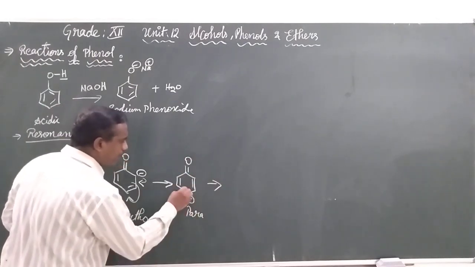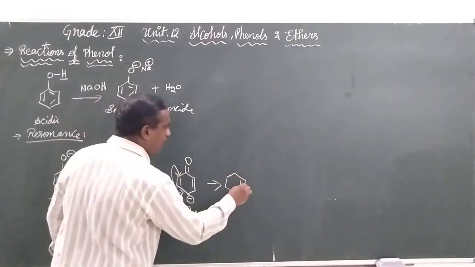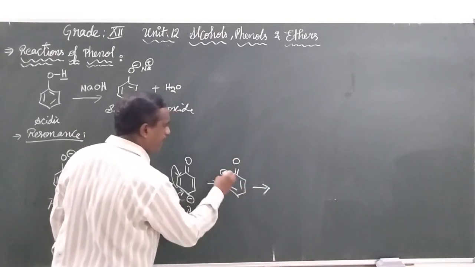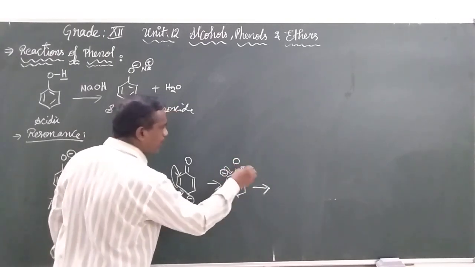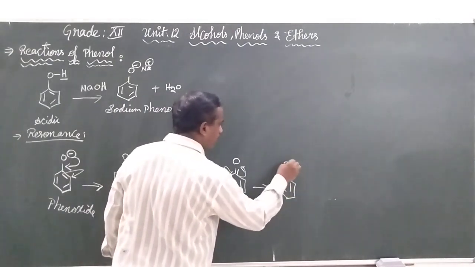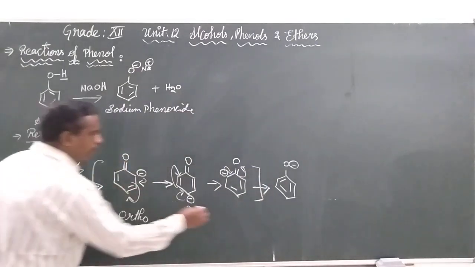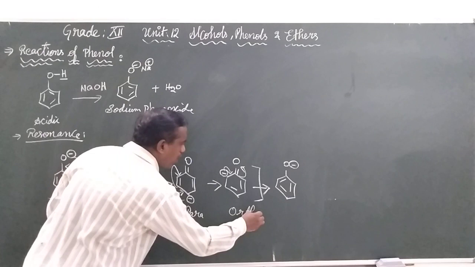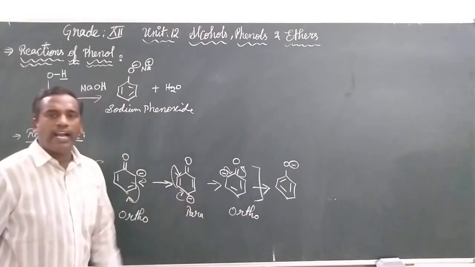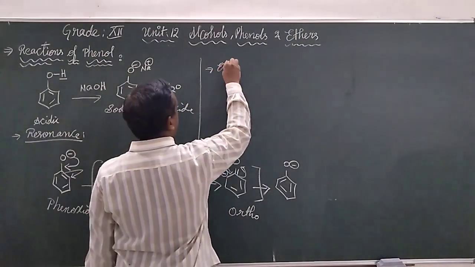And again, when it comes to resonance, a new negative charge is at the ortho dash position. And finally, the lone pairs are given back to oxygen, that is the phenoxide ion. In all these resonating structures, we observe electron-rich centers at ortho, para and ortho dash. Where we observe the electron-rich center,